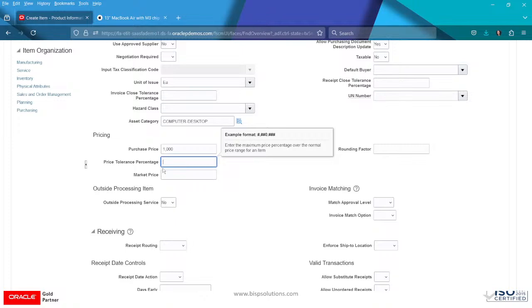So when you're performing the inventory replenishment, a list price must be specified in order to automatically generate the requisition. Price tolerance: enter the price tolerance percentage, the maximum price percentage over the normal price range for an item. For example, if your tolerance percentage is 5, the maximum acceptable price on the purchase order is 5% over the requisition price. Any purchase order price more than 5% above the requisition price is unacceptable and you can't approve the purchase